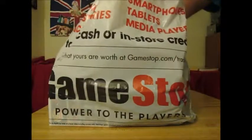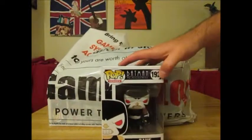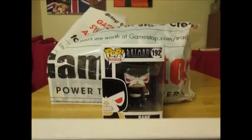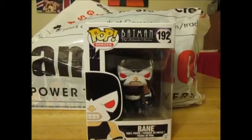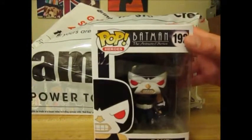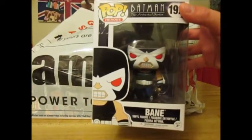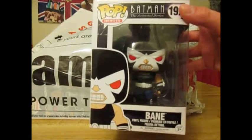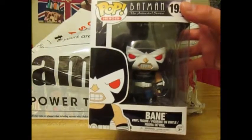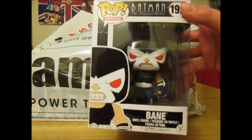We have first Bane. Move the camera down. We have Bane. This is the animated series Batman Bane. I saw it at GameStop, and I wanted to get it. The only complaint I have is the paint job is very excellently done. I love how they did the red eyes,